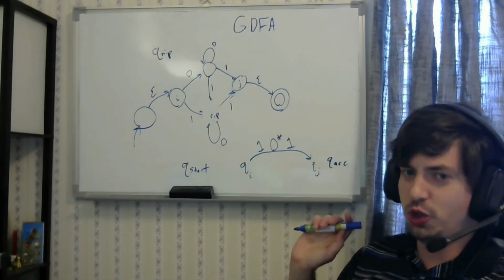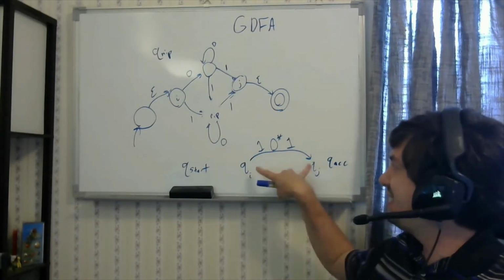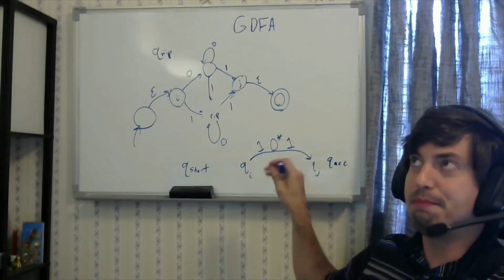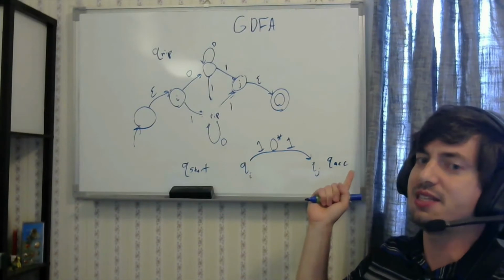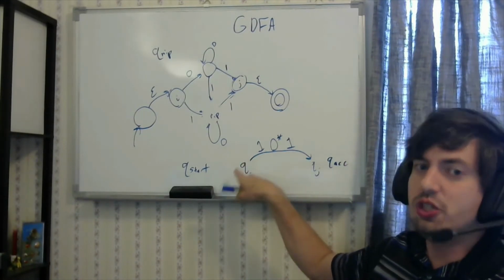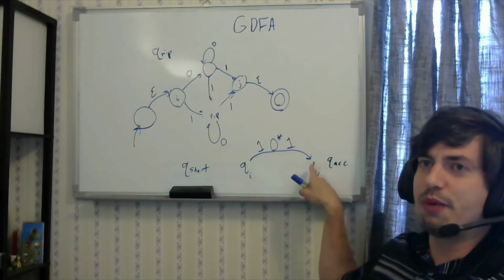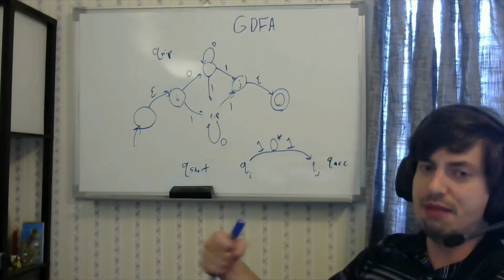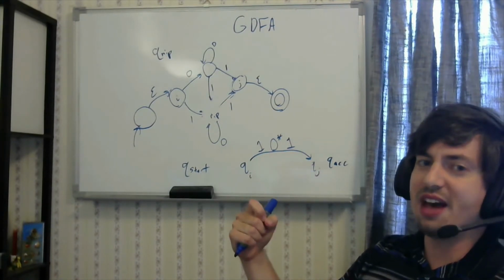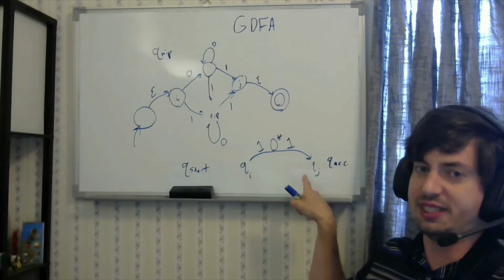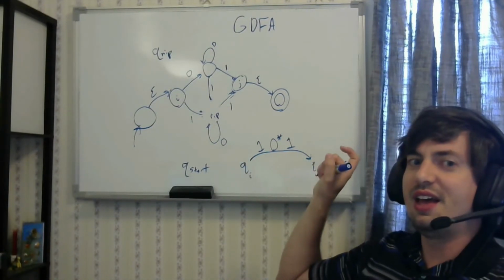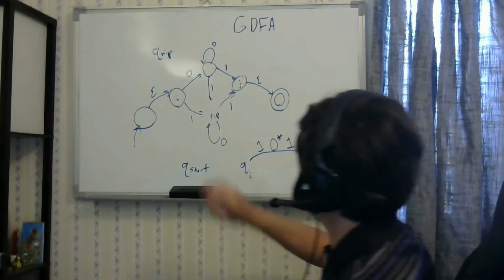In order to replace that section of the path, but have an equivalent input still reach the accept state, we need to provide a new edge that represents the entire input that would have gotten us from QI to QJ through that ripped out state. Now there's one problem with that.